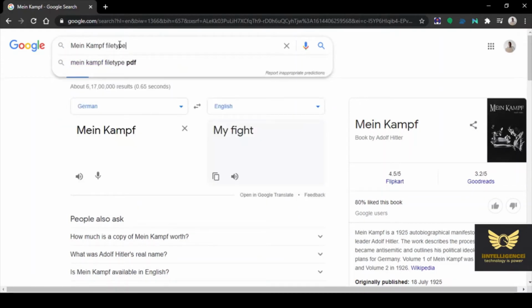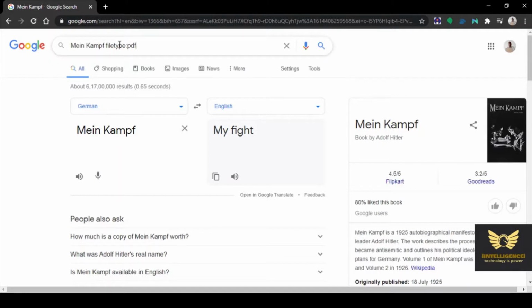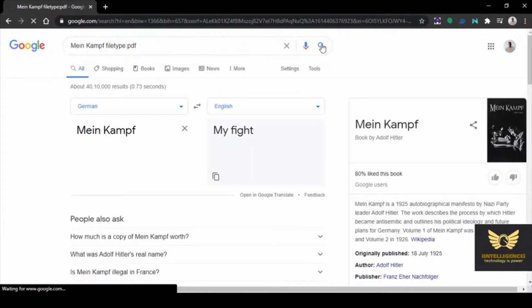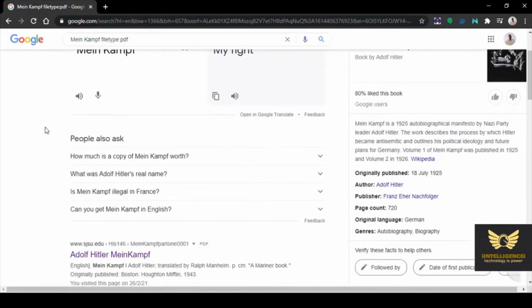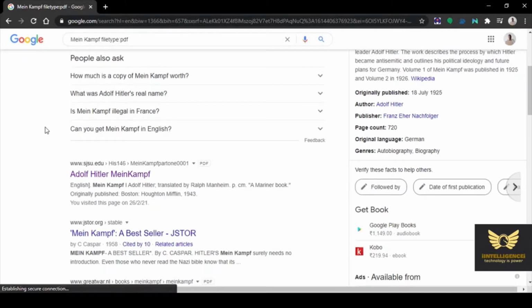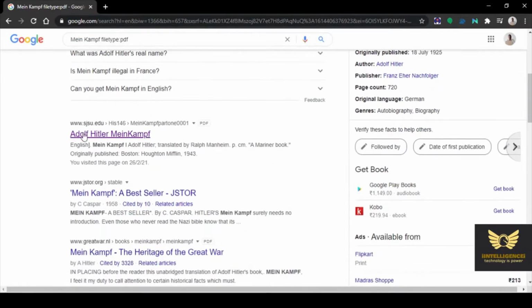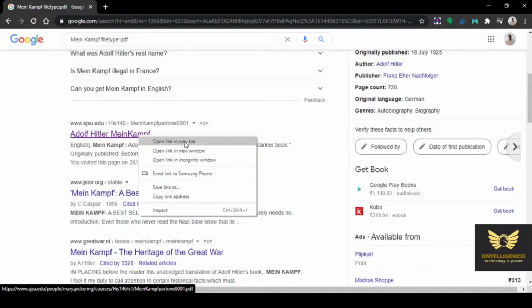So type file type, colon, PDF. Okay, I want it in PDF, so I am giving PDF. Then search. Now you can easily download the book. Just wait, scroll it up. Just click onto it.